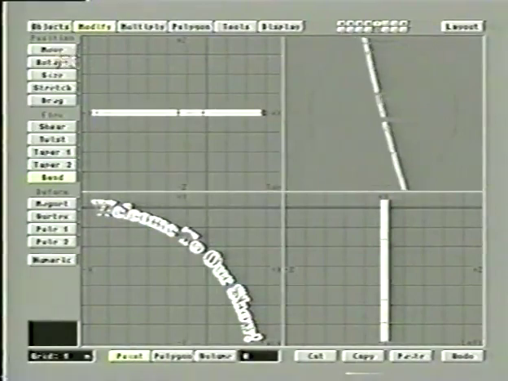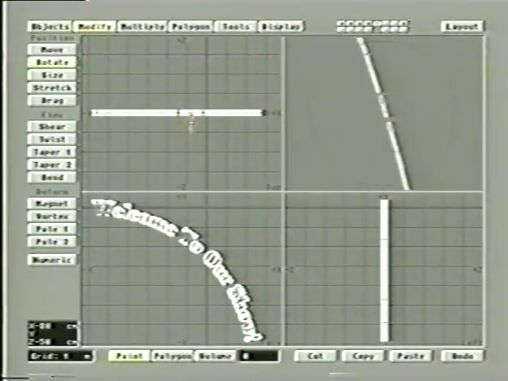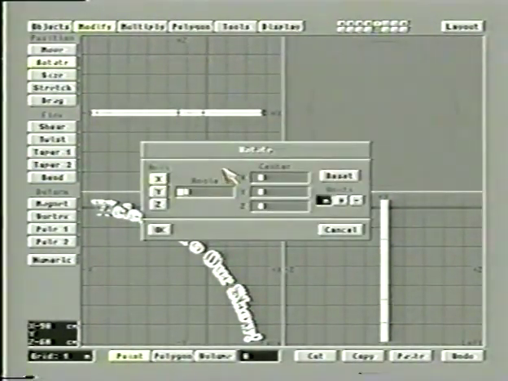Since it's bent one way, I want to rotate it so the bend is right in the middle, so it's evenly distributed over the center there. What we're going to do is obviously use the modify rotate function. I'm not going to try to do this by hand. I'm going to be lazy here and do the right thing, which is use rotate numerically. I just pick the rotate option, hit numeric,